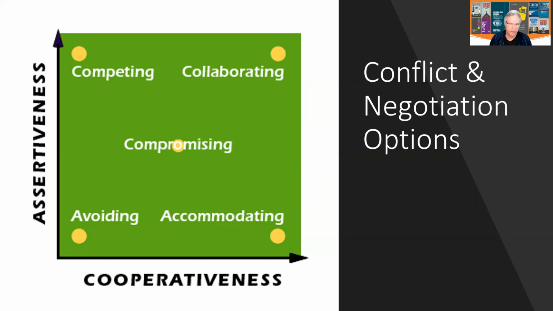And if we go up to the top right-hand corner, you'll see collaboration. Now, on first glance, you'd think, well, goodness me, collaboration is obviously the best of all 5 because it's high on assertion and high on cooperativeness, but not necessarily. When you collaborate with someone, what you're actually doing is you're working with them to come to a resolution. And it's got to be a resolution that you're both happy with. So often it's about working your way through a problem, and this is very relevant working remotely, of course, that you're working through with someone online about how you might move forward. So you're problem solving, basically.